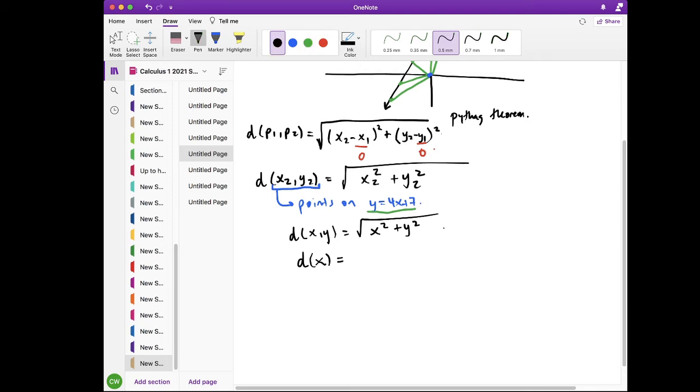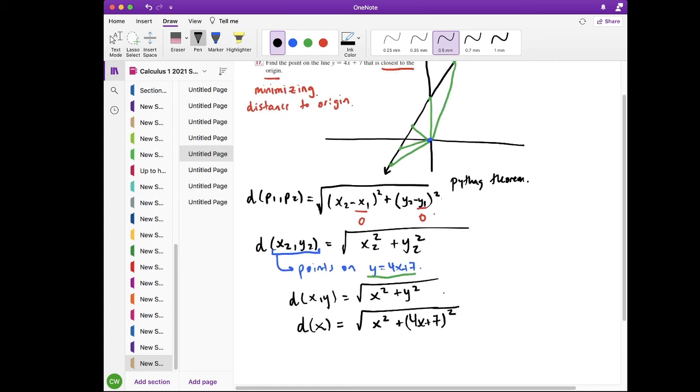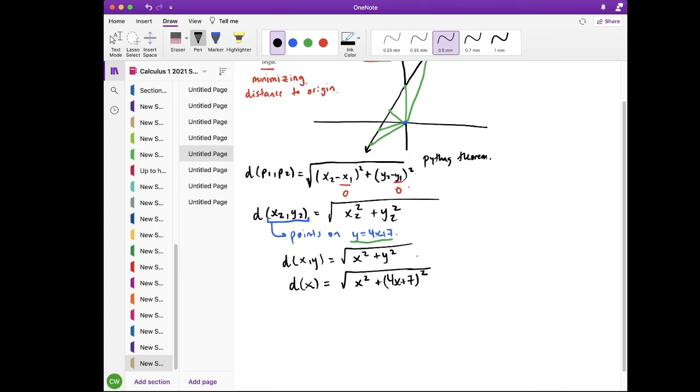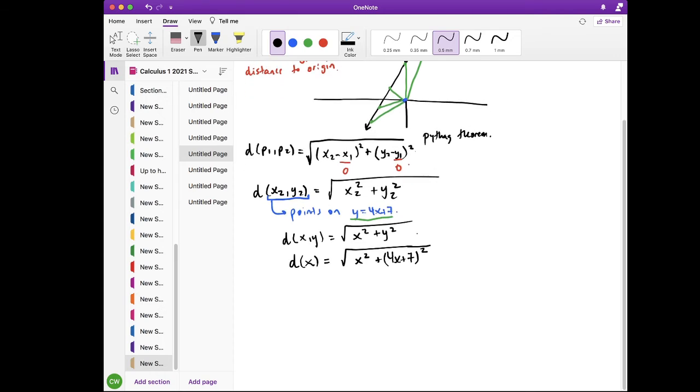So by the way, if this was any other curve, what would be the differences in the replacement? Whatever curve you're minimizing to the origin, could even be any other point, this is your setup. So this doesn't change until you plug stuff in. All right, so your d of x, you probably want to expand this: x squared plus 2 times 4x times 7,